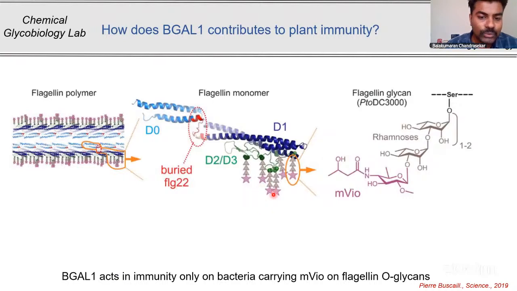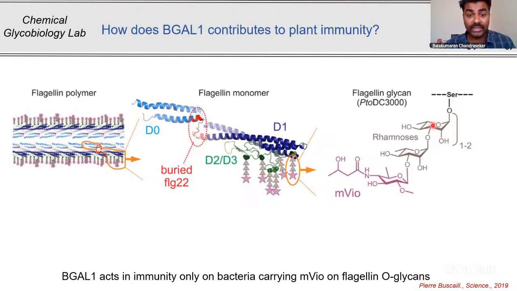And these particular sugar residues are nothing but the O-glycans. I already introduced the topic of O-glycans when I started this topic. So O-glycans are small oligosaccharides, a short chain of sugars which is attached to a particular residue of a particular protein. In this case, the O-glycan is going to be made of three important sugars, that is 2 rhamnoses and 1 viosamine, and this is attached to a serine residue over here, making an O-glycosidic linkage, and this is the O-glycan which is present in the flagella.